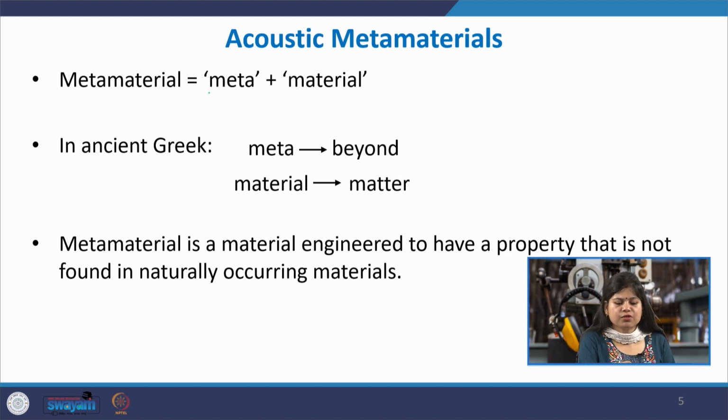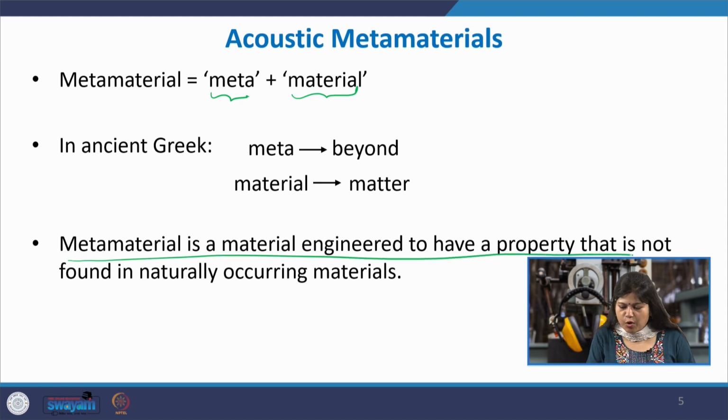Metamaterial is made of these two components, meta and material. From the ancient Greek language, meta means beyond and material means matter. So, beyond matter, which means beyond the limits of naturally occurring material. So, these are the materials which are engineered to have properties that are not found in naturally occurring